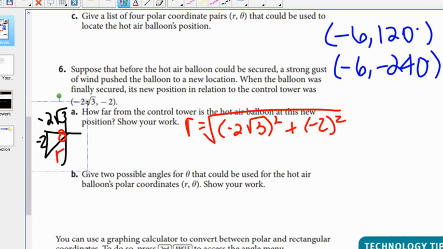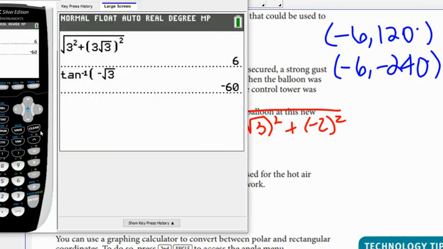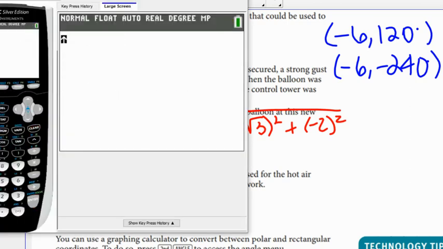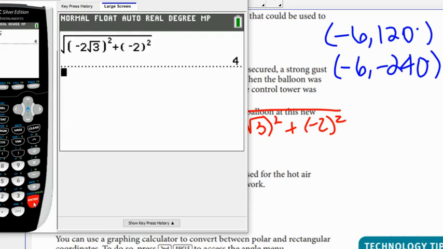Not r squared. So as you type this in, again, be very careful with your use of parentheses. We would have negative 2 square root of 3 whole thing squared plus parentheses negative 2 squared